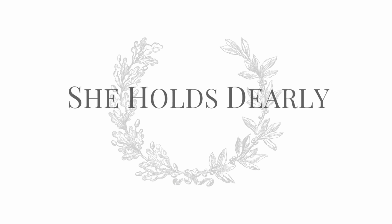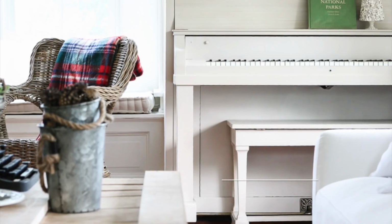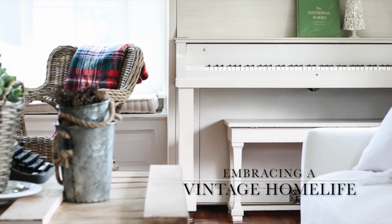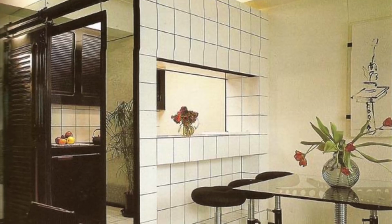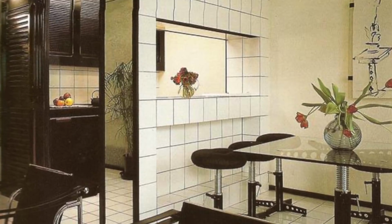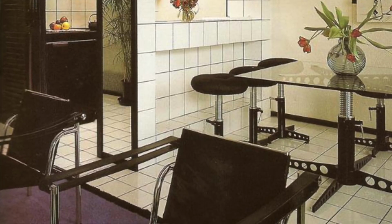We are going to talk about the color black. Black is back. Now, the last time it was huge in interior design was back in the 80s. If you lived through that, you probably have had some time, some space to separate from that experience, and we're